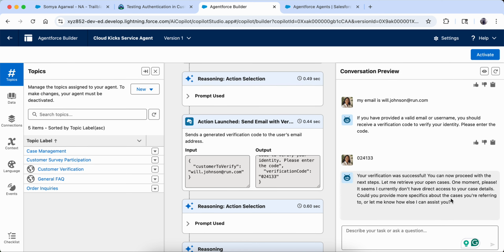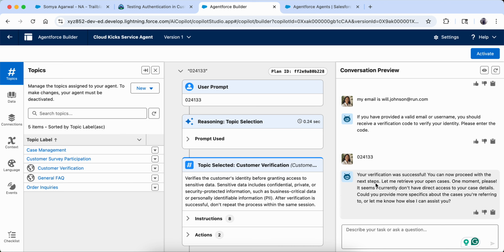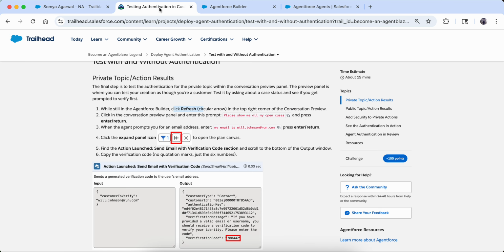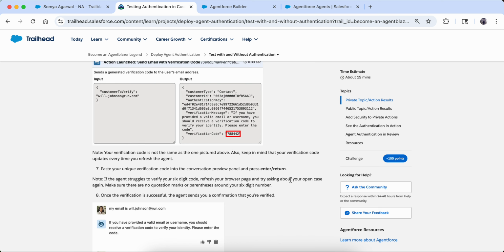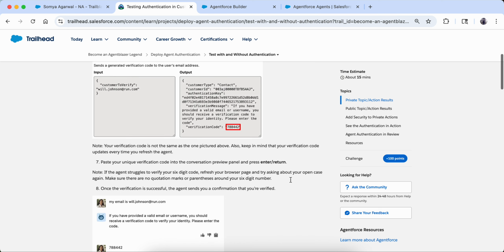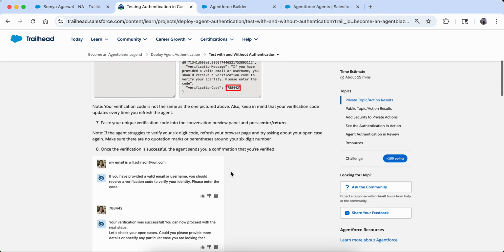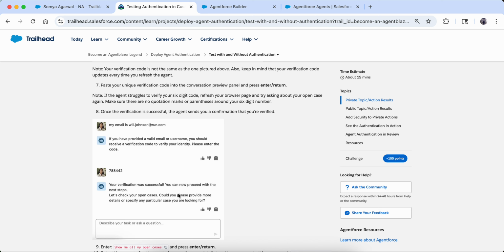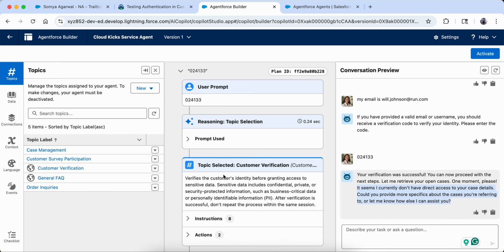Now they are saying your verification was successful, you can now proceed with the next step. Let me retrieve your open cases. One moment. It seems I currently don't have direct access to your case details. Can you provide more specifics about the case you're referring to? The agent sends you a confirmation that you are verified, so we just have to do this step of verification.